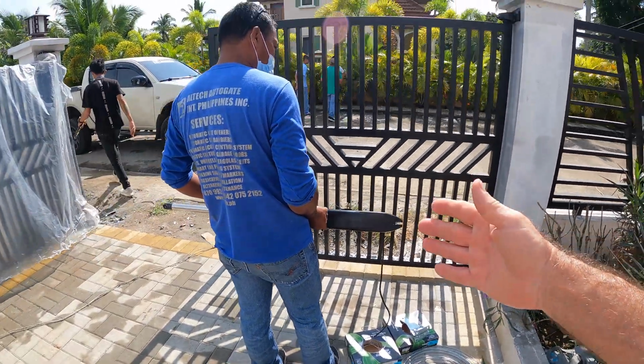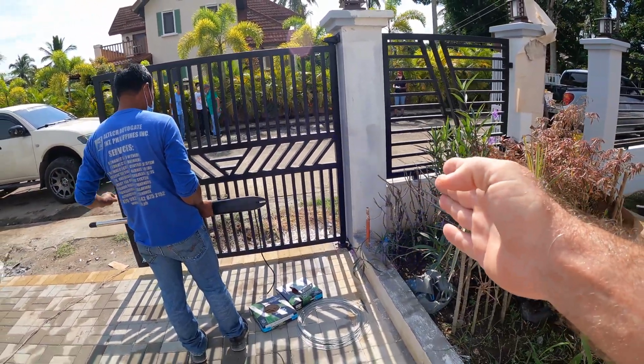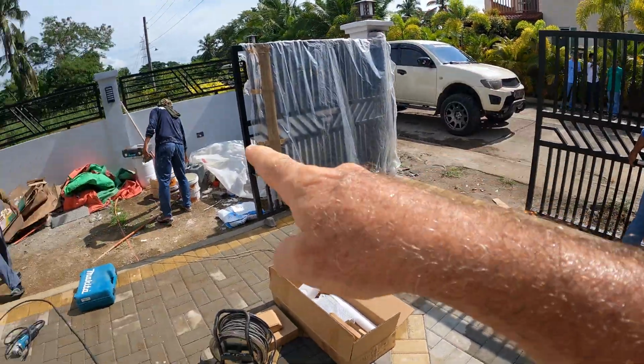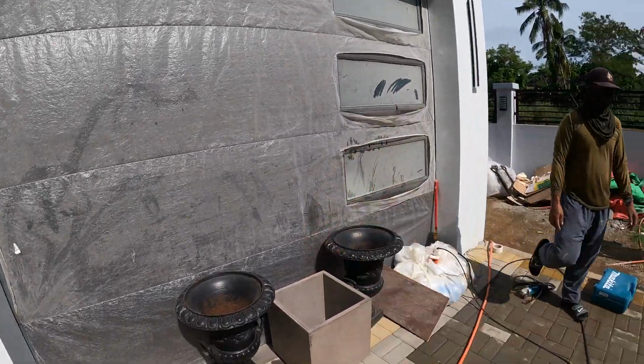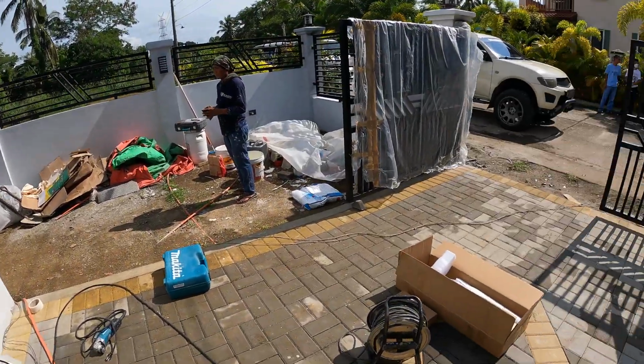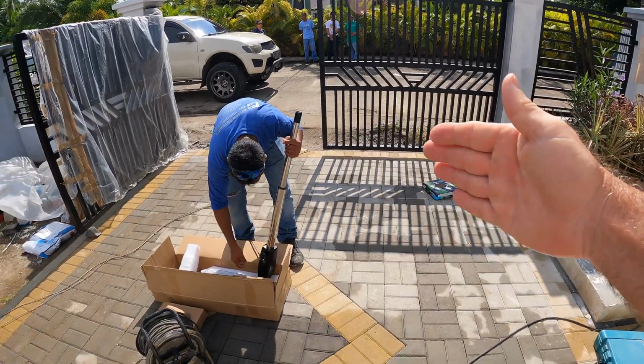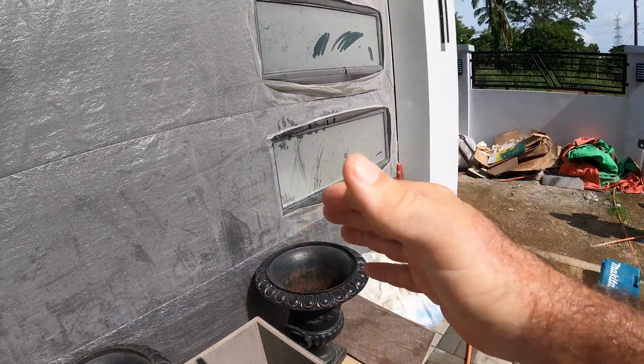I imagine the way this is going to work, there'll be some type of motorized device right here, and we'll open the door in this way, and this one this way. They have an automatic door here, so it's going to be really easy for the owners to just come in the evening time, press a button, drive right into the garage, press a button, and the door